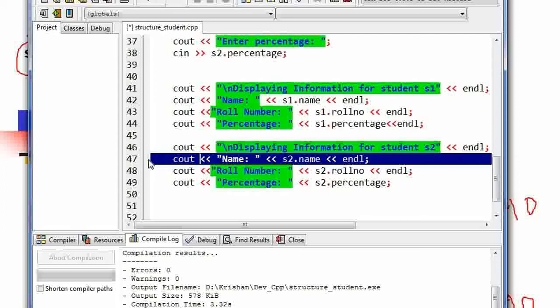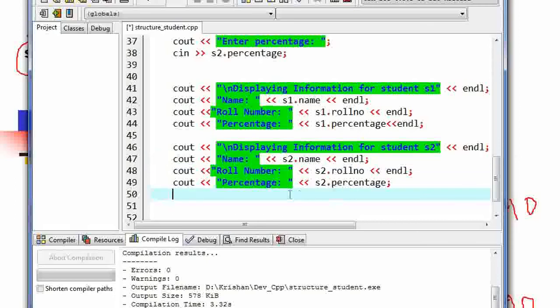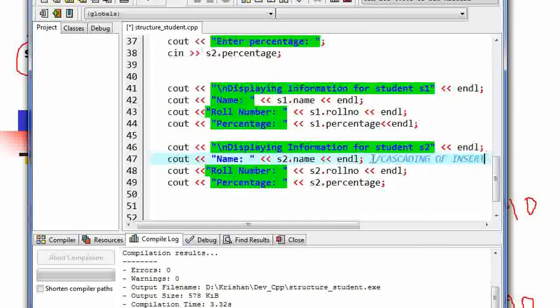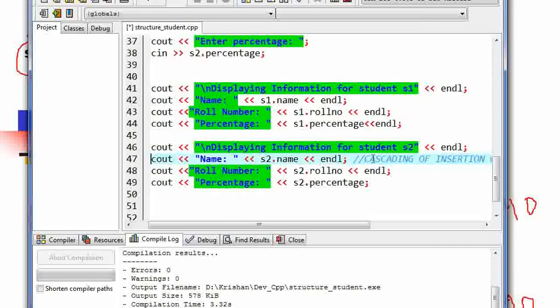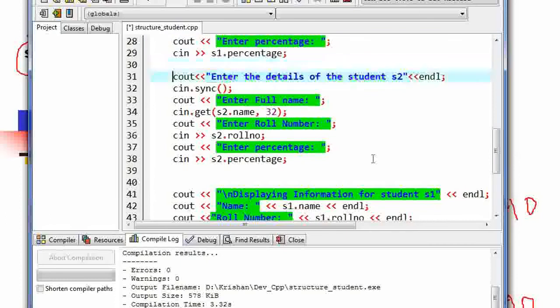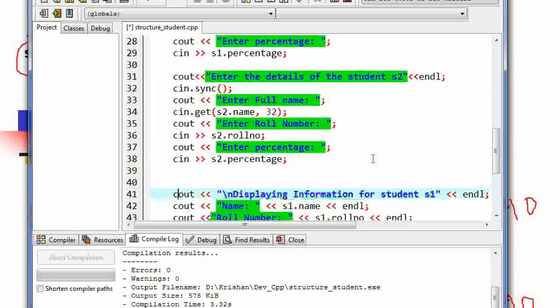यहाँ इस लाइन नंबर 47 में 3 बार इसका यूज़ हो रहा है। सो इसको बोलते हैं हम कैस्केडिंग। यहाँ पे मैं लिख रहा हूँ कैस्केडिंग ऑफ इंसर्शन ऑपरेटर। ओके, दिस इज कैस्केडिंग ऑफ इंसर्शन ऑपरेटर। आपने देखा होगा अभी सीन में हमने ऐसा काम नहीं किया है जो कि हम मल्टीपल टाइम यूज़ करें, बट हम चाहें तो सी इन में भी मल्टीपल टाइम यूज़ कर सकते हैं। वी विल एक्सप्लेन इट लेटर।